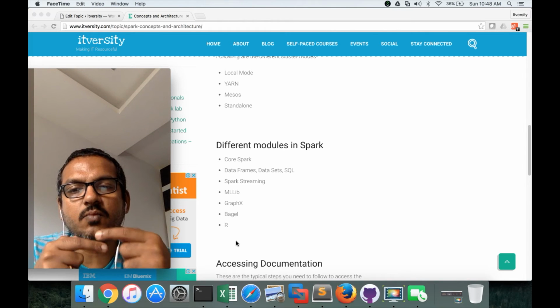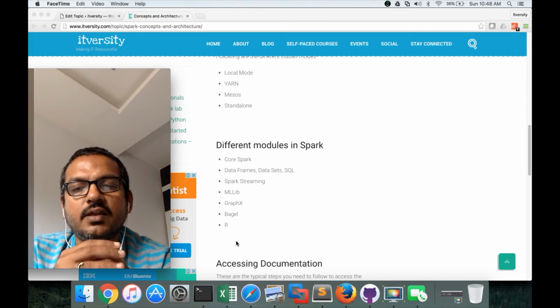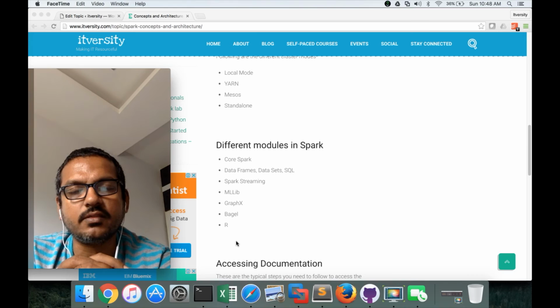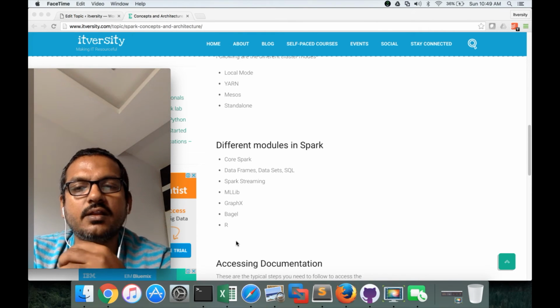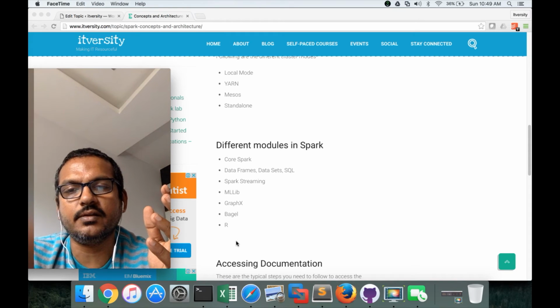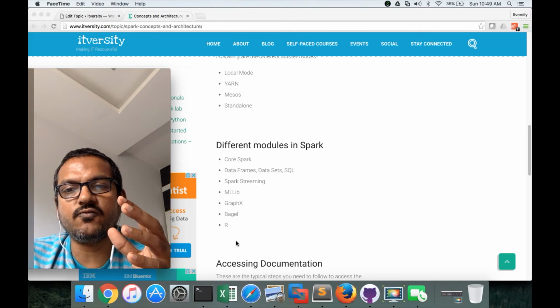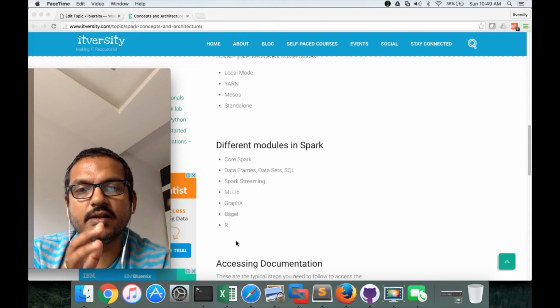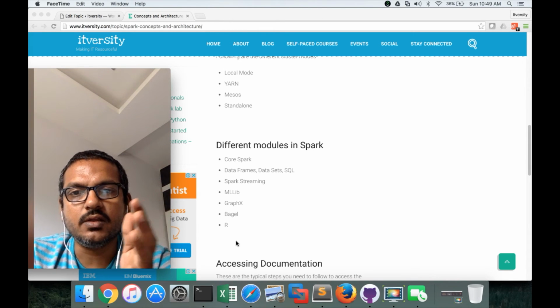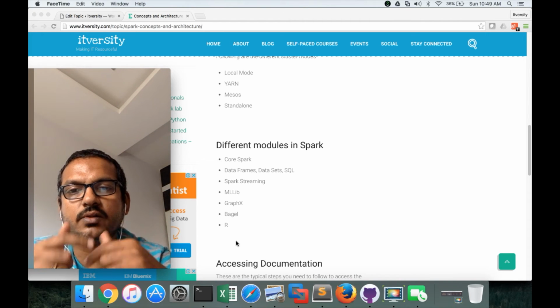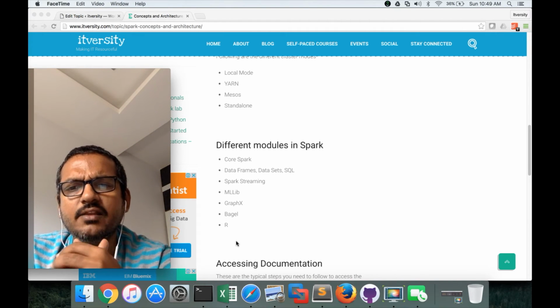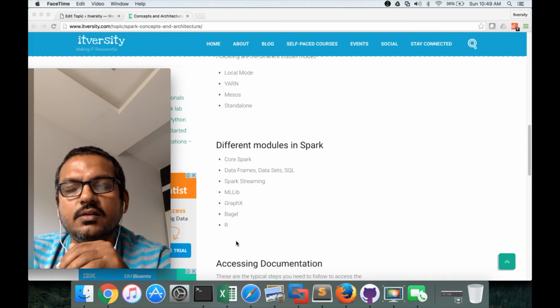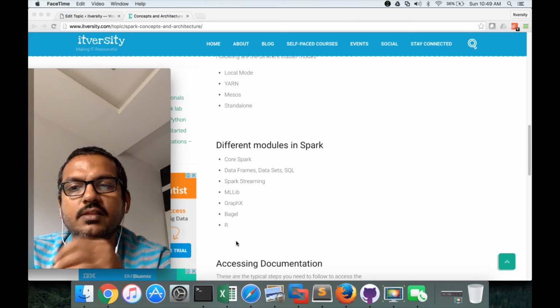So Spark Streaming is the module which can run real-time analytics on top of the data sourced from Kafka or Flume, and you can process the data in real time and then push it to the target you want. Spark can read data from any file system or any database where there is an input format, and it can also write data to any file system or any database where it has an output format. So Spark can play that middle role in the Spark Streaming module to run real-time analytics. And then if you want to implement machine learning libraries or machine learning algorithms, Spark MLlib is the answer for it.